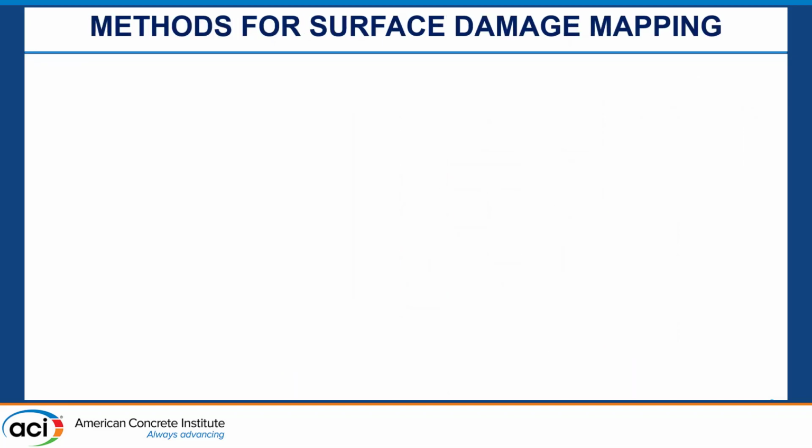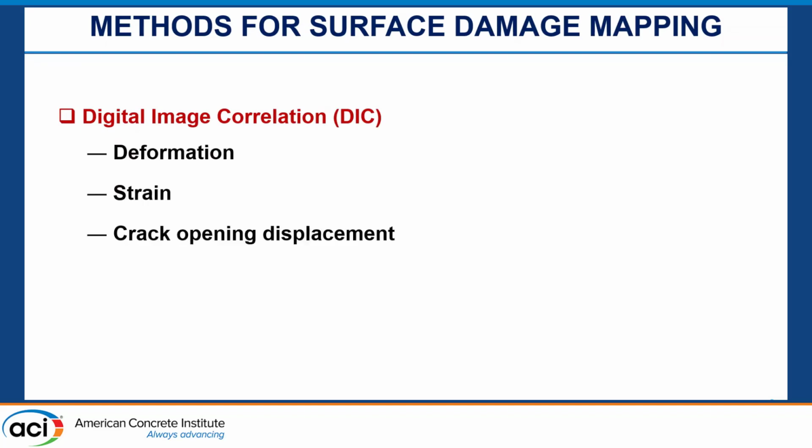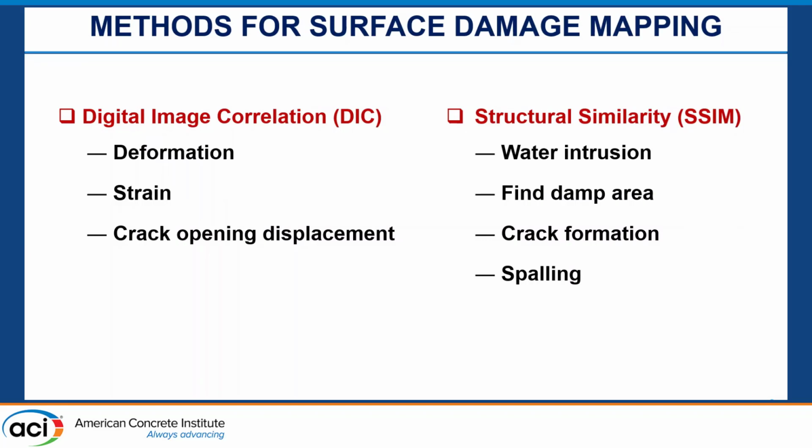So next I'm going to talk to you about surface damage and mapping. When you listen to speakers and read the literature, there are two types of ways of looking at this. Digital image correlation, where you can look at deformation, strain, or crack opening displacement. This wasn't one of our main focuses here. Or what we call structural similarity, where we can look at water intrusion, damp areas, crack formation, and spalling. So we really focused on the structural similarity